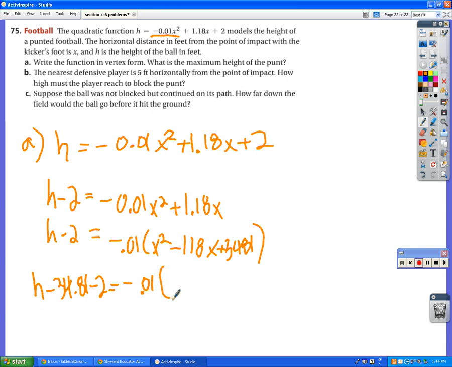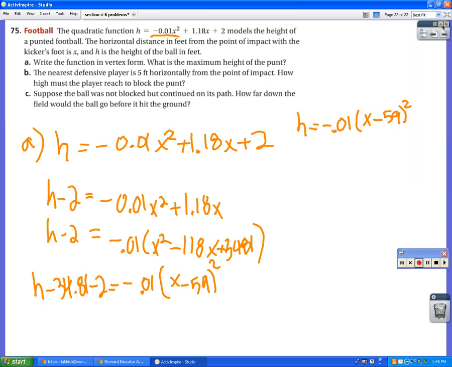What does this factor into? Yeah, this is a tough one. Do this with a word problem and all these decimals? Are you kidding me? What does this factor into? Always half of that number: x minus 59 squared. Okay, and now I'm going to bring this stuff back over here. So my final answer is h equals negative 0.01 times x minus 59 squared